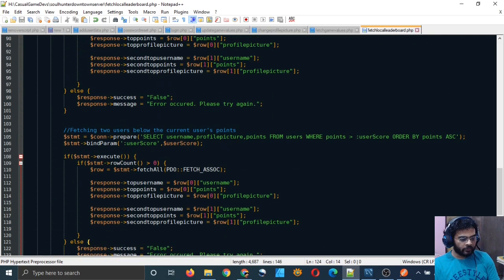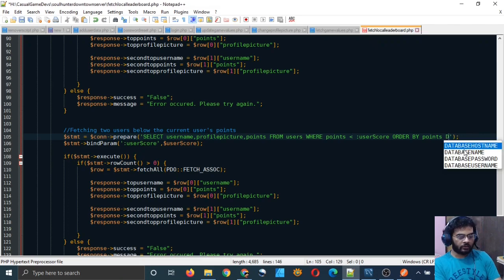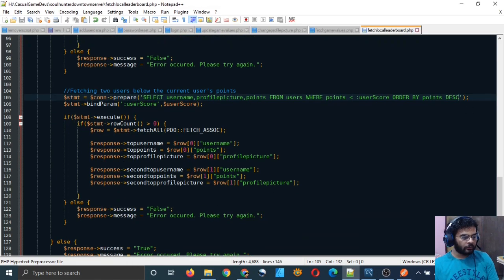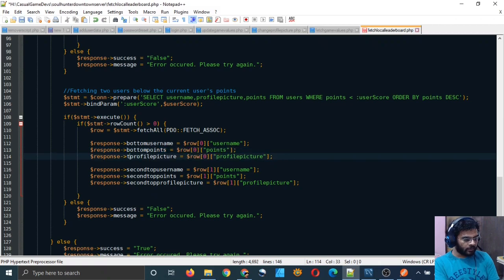And to fetch below, we can fetch those whose points are lower than our user and arrange them by descending order, right? So that should work. And in the response variable, instead of top, we will just say bottom username, and rest of the things can be same.